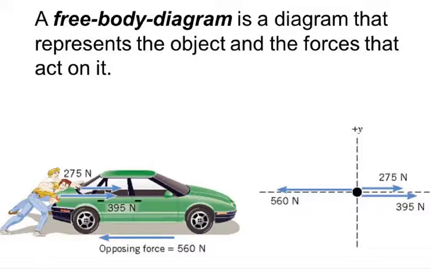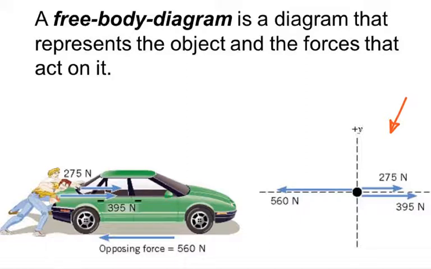Like in this case, you see two men pushing the car with 275 newtons force and 395 newton force, and the car is opposing this motion, or the change of the motion, with 560 newton. So I can show in my diagram. Right here you can see the free body diagram, and you can see the forces. I'm going to choose the positive direction to the right. So the 275 newton force and 395 newton force are positive forces, and the 560 newton force is the negative force,